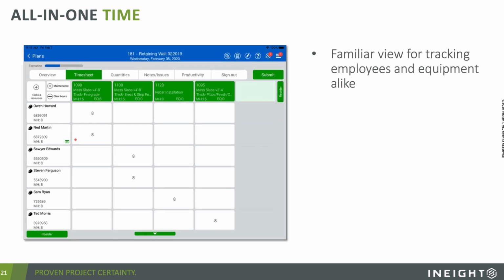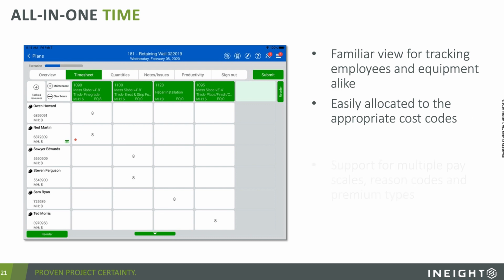And it gives you a familiar view for tracking labor and equipment alike. It's not like we tried to reinvent the time card. We've got the employees down the left, cost codes across the top, and the ability to easily allocate those hours in the appropriate boxes.